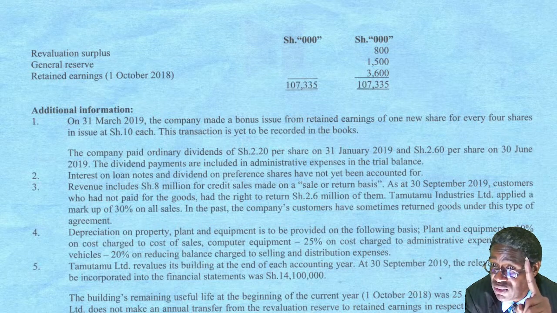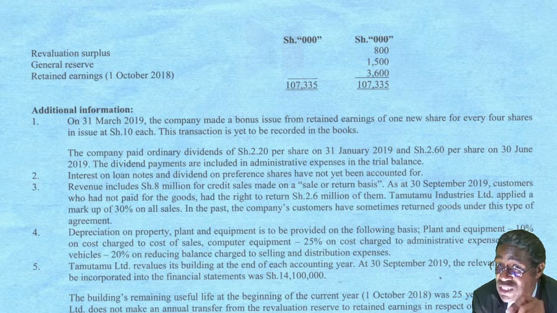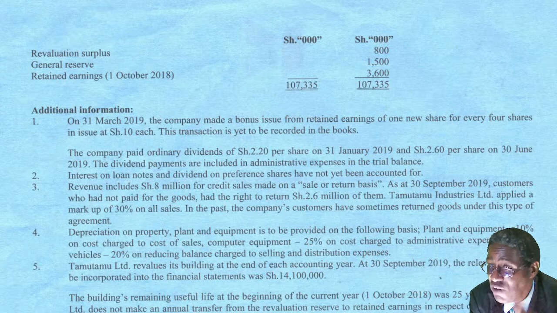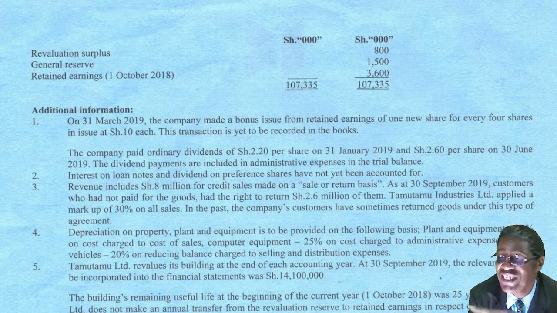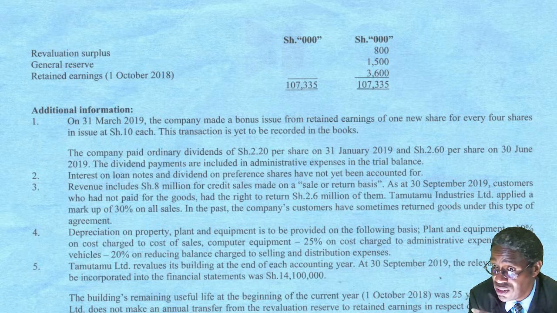I hope you are following. Then, because the company made a bonus issue on 31st March, 2 months later, after making a bonus, come June, they paid another dividend at 2.6. So it is